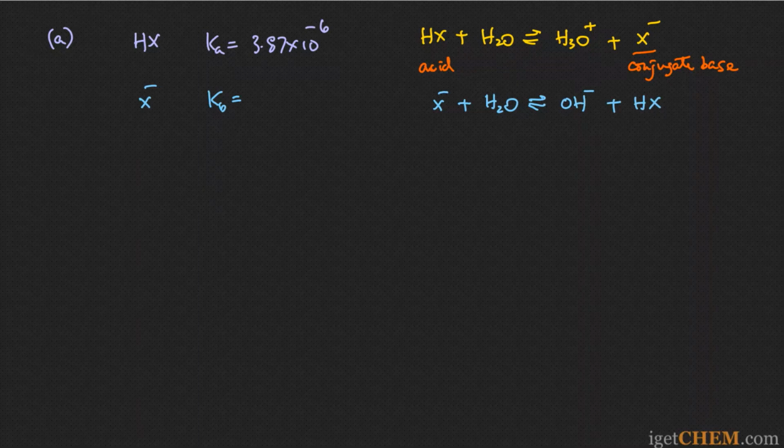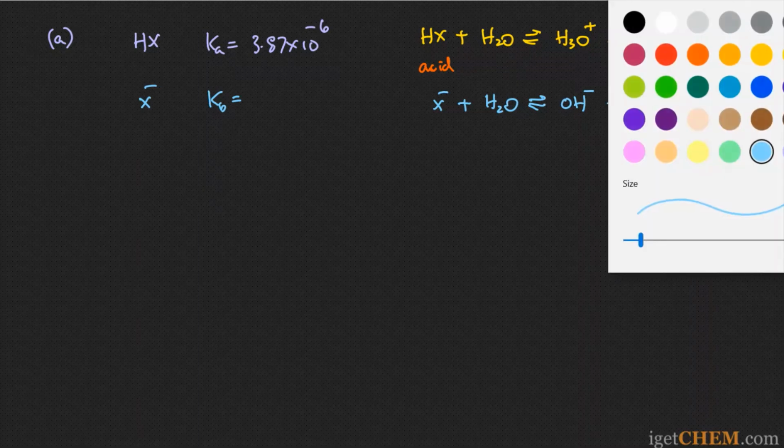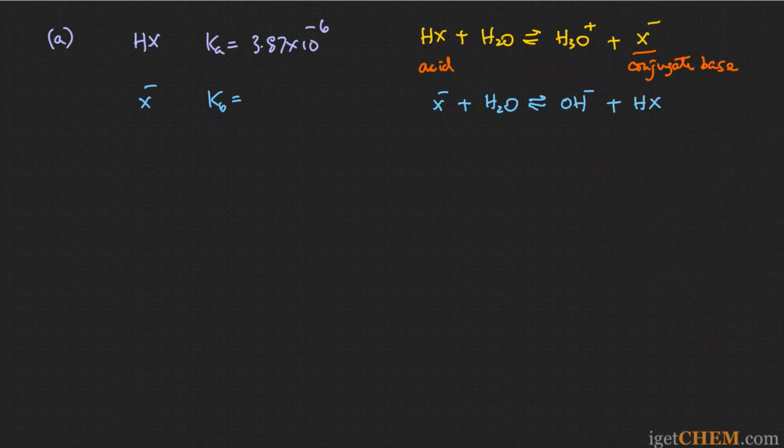So you see in this reaction, on the left side, X minus is acting as a base, and on the right side, it is producing its conjugate acid,